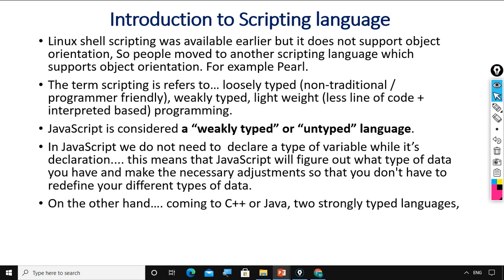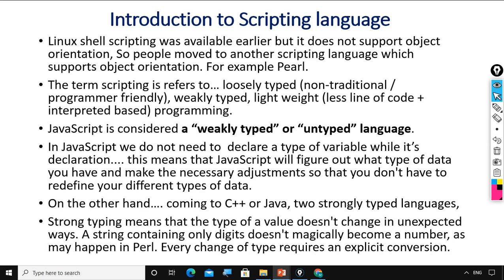That programming language will not handle type conversion implicitly, unlike JavaScript. Now, strong typing means that the type of value doesn't change in unexpected ways. A string containing only digits doesn't magically become a number. For example,